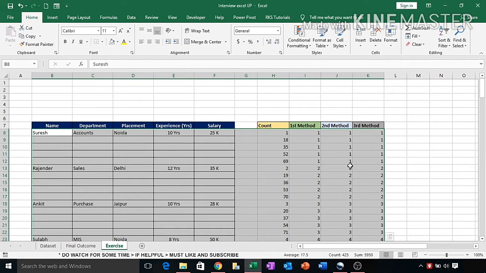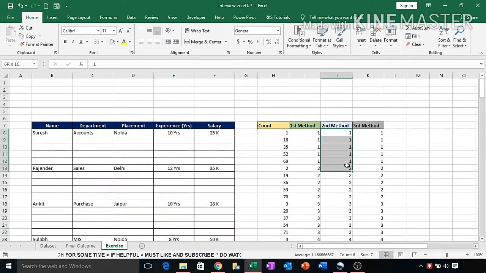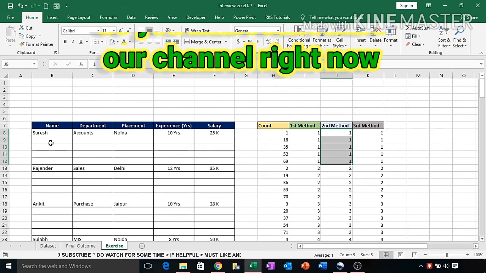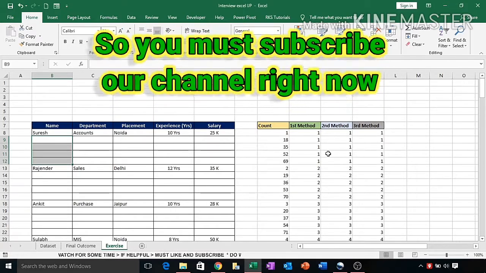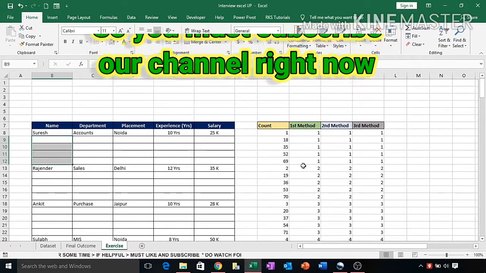Here you see the result. Here you can check all the ones, because we have pasted the values 5 times, so all the 5 times come in one place, and because of that this has given the blank cells below the name. So this is our basic target and we have achieved it.